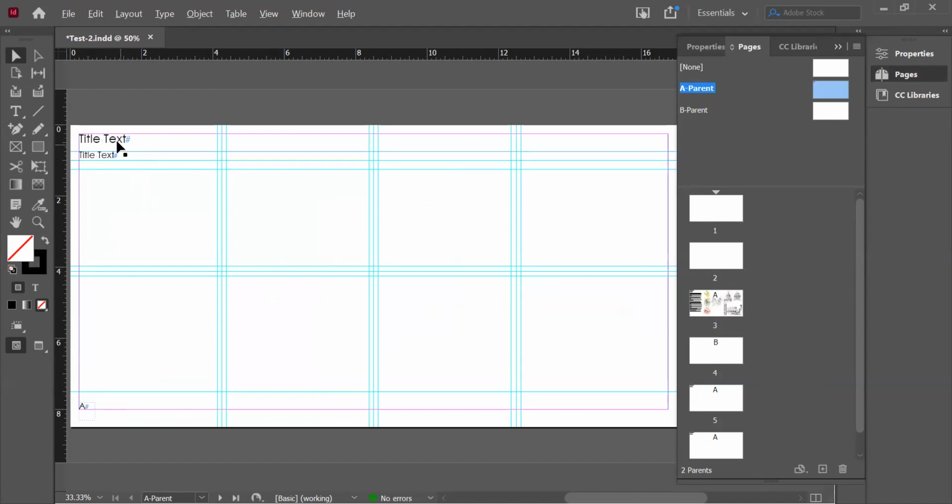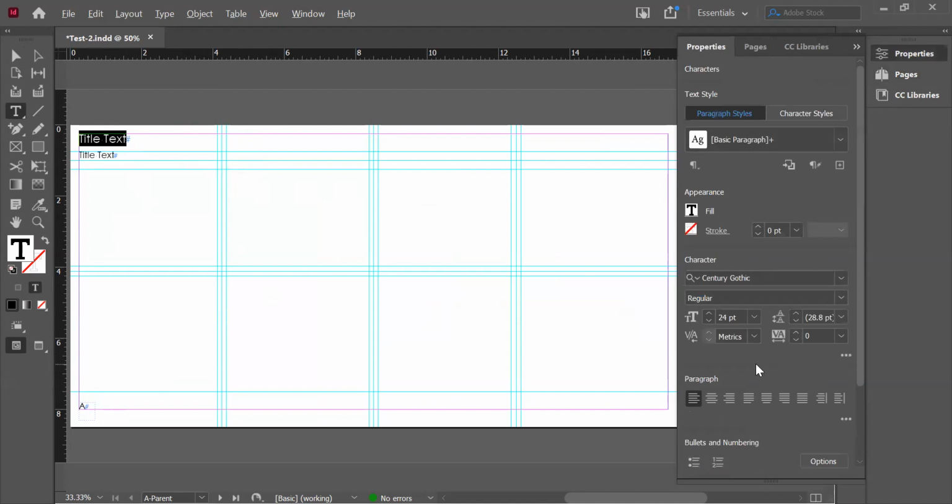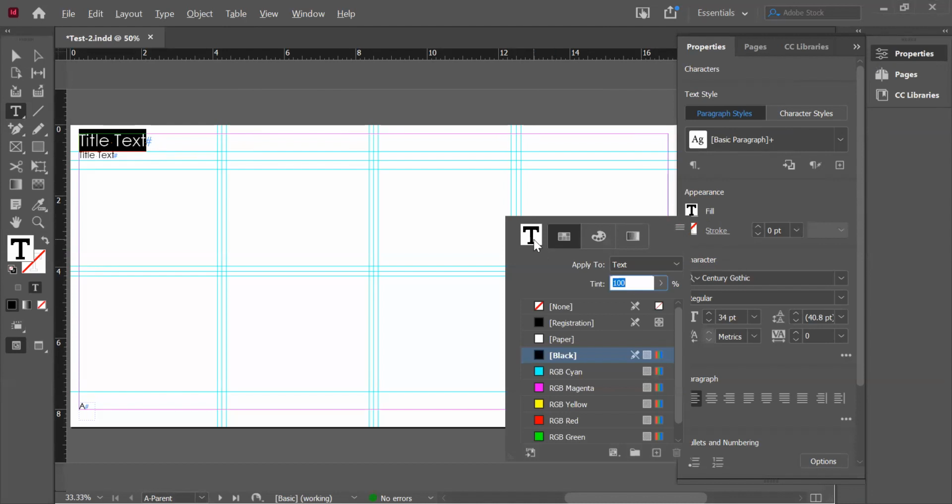I also am going to increase the size of the section title text. So I'll take that and I will increase its size under the properties. You can use the arrow key if that allows you to kind of visualize things a little bit better. Okay. And I'm also going to change the color of that font. So I will highlight the text. I'm under properties here. I'm going to go to the text tool,